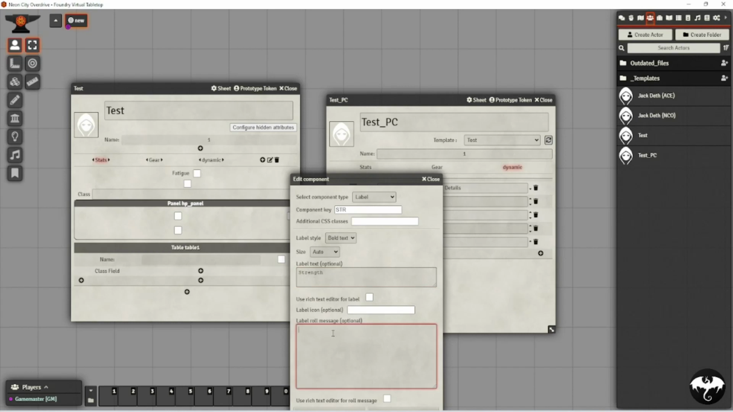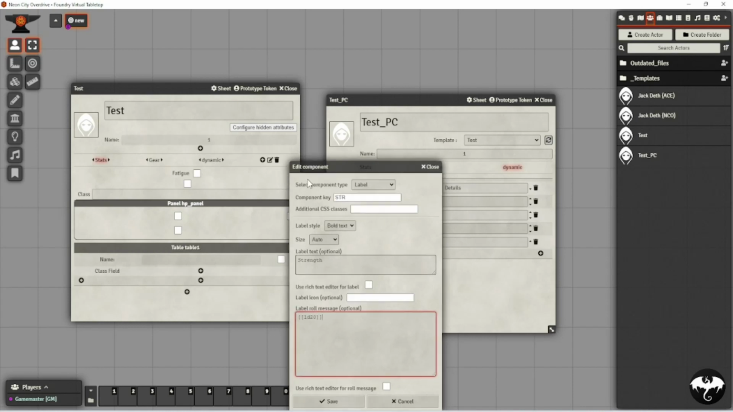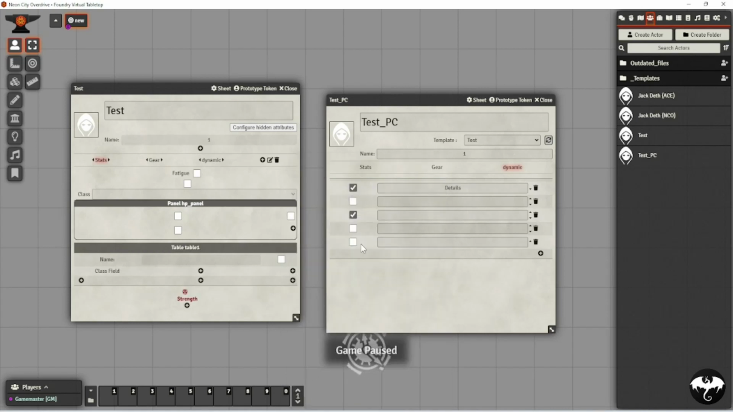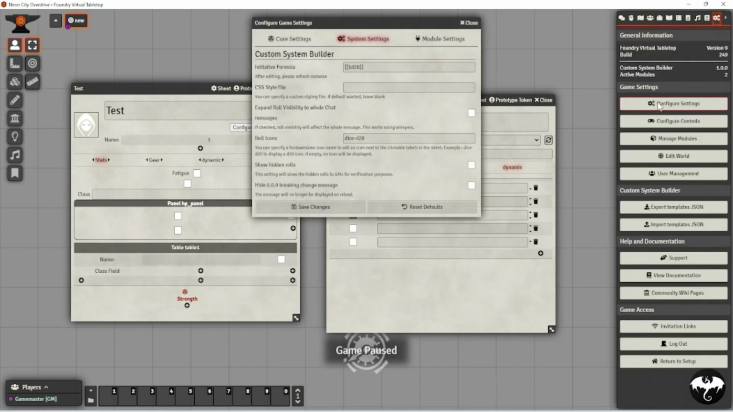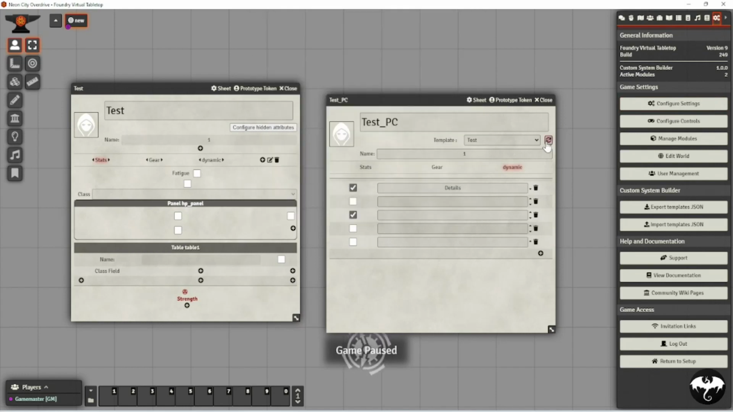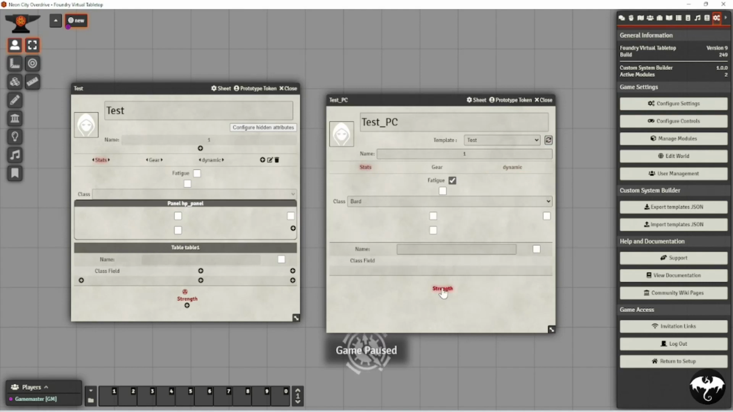And we'll have the roll message of 1d20, and we'll put this in parentheses here, and we'll click save. As you can see now, because it's rollable, it's put an icon there, and that icon is coming from our settings here when I said dice d20. If I said dice d8 and click save, and we'll refresh here now, you'll see,